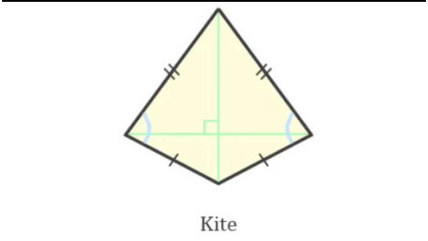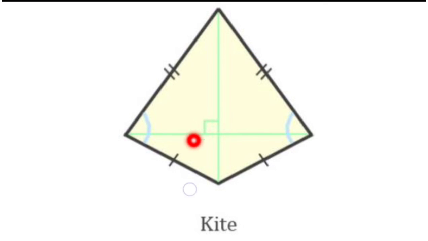Now what is this? This is a kite. What is special in a kite? You know, a kite has two adjacent sides equal. See, this side is equal to this side and this side is equal to this side. Now they are connected, they are joined together, right? That means they are very close to each other. By joining them we can form one angle. So these are called adjacent sides.